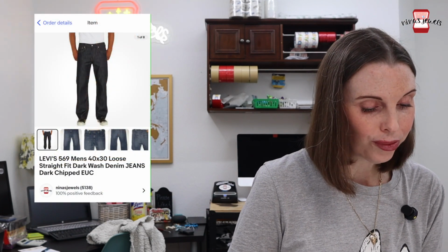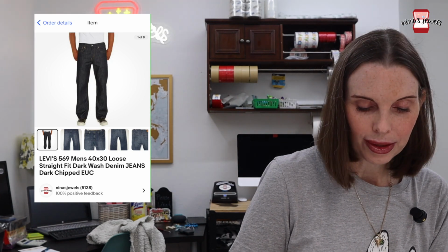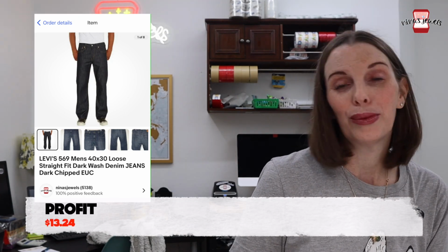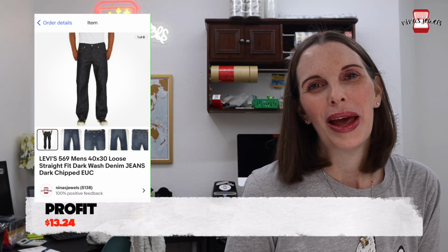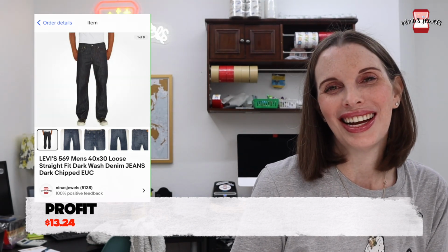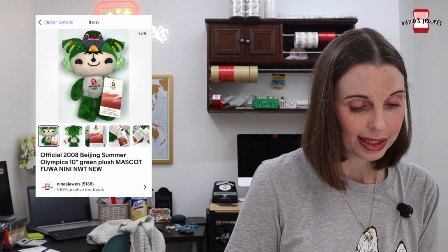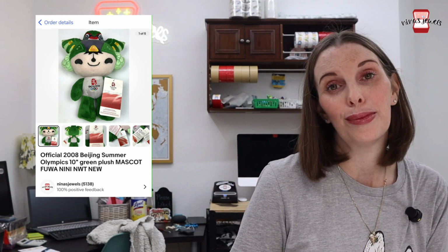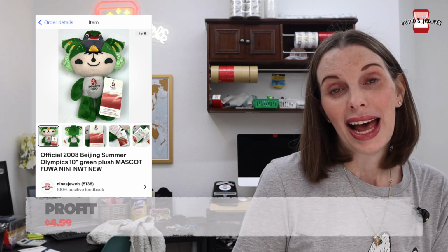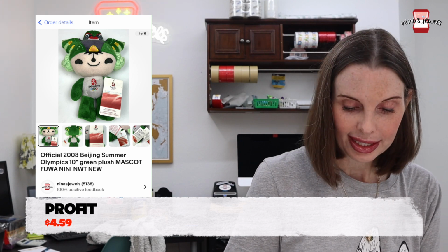Next up was a pair of men's Levi's in the size 40 by 30. They were in good used condition. We got those out of the Goodwill outlet, or the bins. We paid $1.50 for those, and they sold for $23.98. Next up was an official 2008 Beijing Summer Olympics 10-inch green plush mascot, and it was new with the tags. We found this also in the Goodwill bins for $1.50, and it sold for